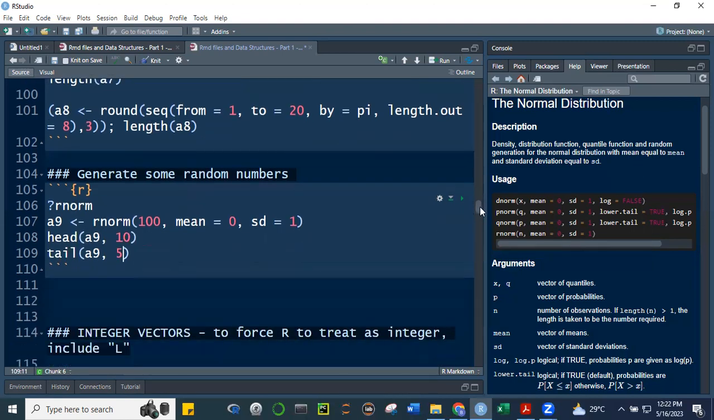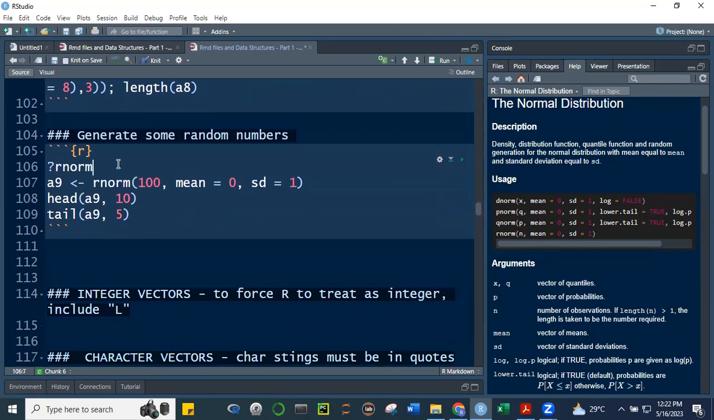Okay, what does this do? Tanggalin ko na to, no? I'll comment this out. Okay, we're creating an object A9, and A9 is normally distributed. There are 100 observations with mean is equal to 0, standard deviation is equal to 1. And then here, I'm asking R to print the first 10 elements. Pag linagay ko lang head ng A9, ang default niyan, it will only give us the first 6 elements. And then the tail will give us the last 6 elements if I didn't put 5. But here, since I specified 5, it will give us the last 5